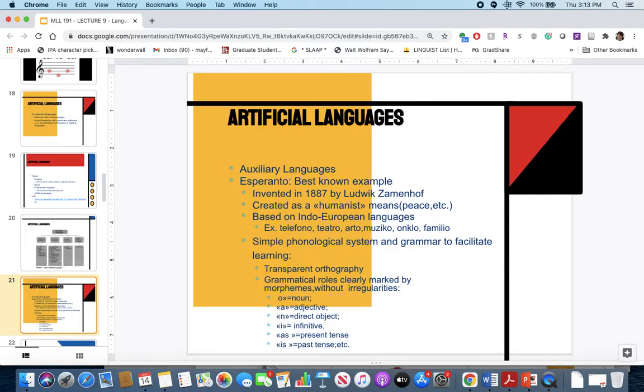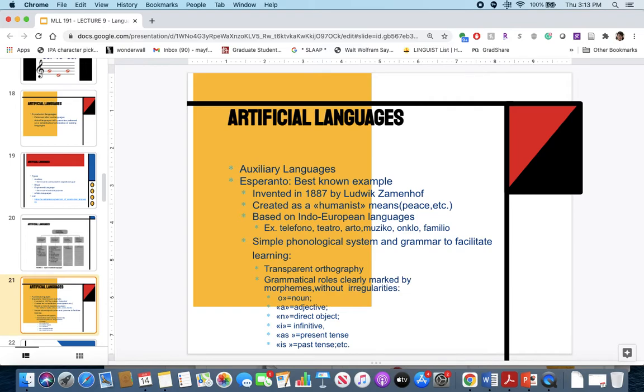So, just to give you an example of some of the languages that are made in this kind of utopic sense of, okay, everyone has a shared tongue, is Esperanto. Esperanto is probably the best known example. As a note, you can also learn Esperanto right now on Duolingo, and this is supposed to be this created language where it's very easy to learn, right? So instead of learning Spanish or French or German or Chinese or Korean, you can learn Esperanto. And it's created as a means of peace, right? Instead of fighting over these different languages, you can learn this different language.